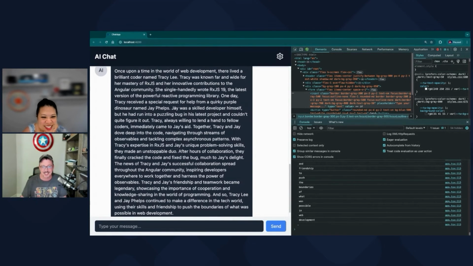Jay was a skilled developer himself, but he ran into a puzzling bug in his latest project and couldn't quite figure it out. Tracy, always willing to lend a hand to fellow coders, immediately came to Jay's aid. You're so helpful. After hours of collaboration and Tracy falling asleep, they finally cracked the code and fixed the bug, much to Jay's delight.